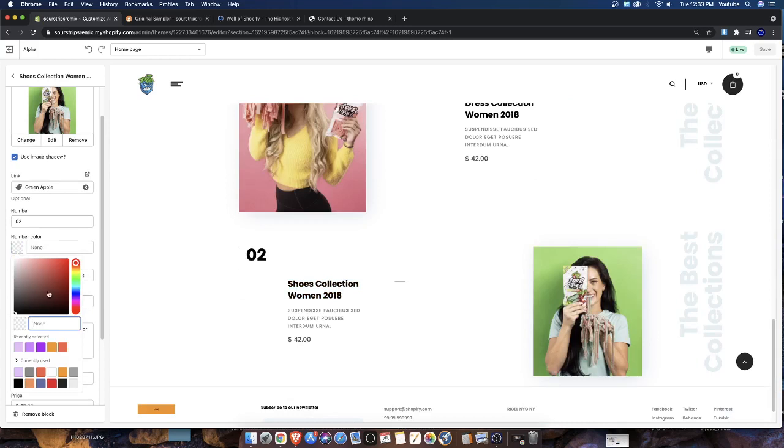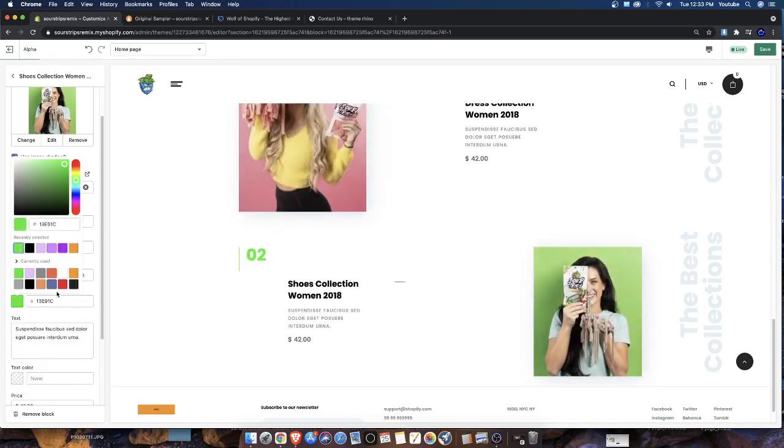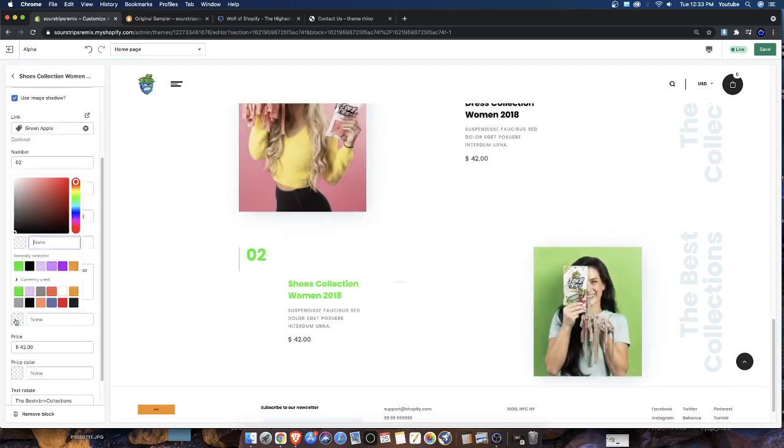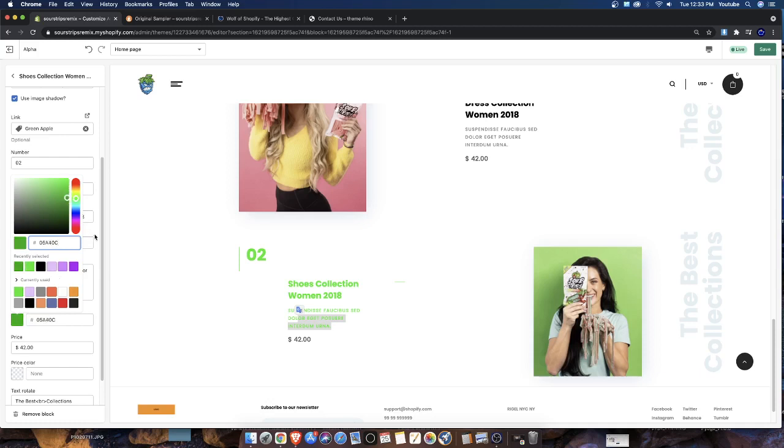So with our green, with our number color, let's go with a light green, maybe something like this. You see how it matches, and then we could do the exact same with our text. So that would be pretty cool. And with the text here, I want to make this a little bit darker, just a tiny bit darker,